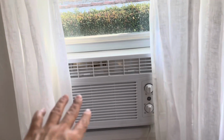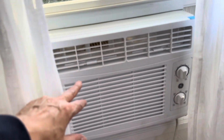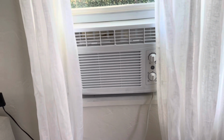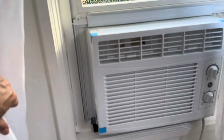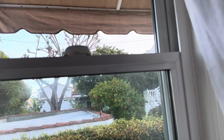And make sure before you do anything, make sure your unit is good, turn it on, make sure it produces cold air before you actually install it. So I think that's about it. We might improve the insulation a little bit here, and maybe, like I said, we'll put pieces of wood here to keep 12.5 to keep the window from